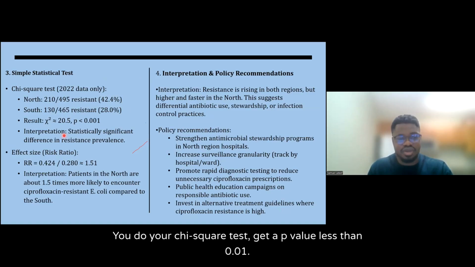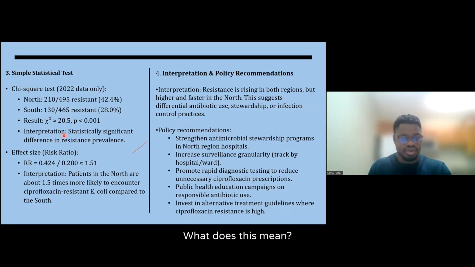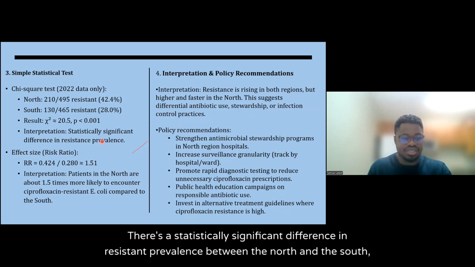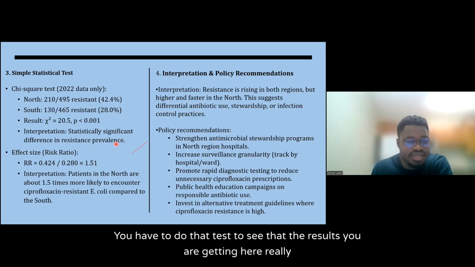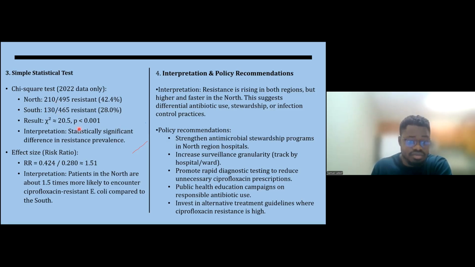You do your chi-square test, you get a p-value less than 0.01. What does this mean? There's a statistically significant difference in resistance prevalence between the North and the South, right? Then, does this mean we want to make a policy? No. You have to do other tests to see that the results you are getting here really is telling what